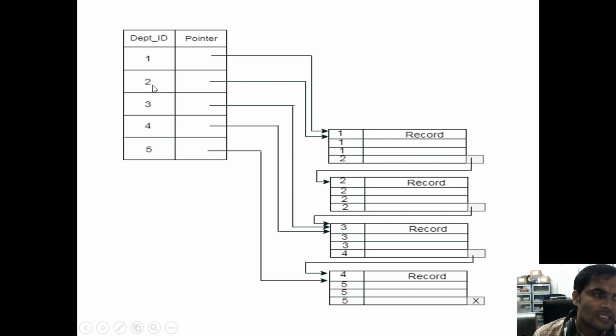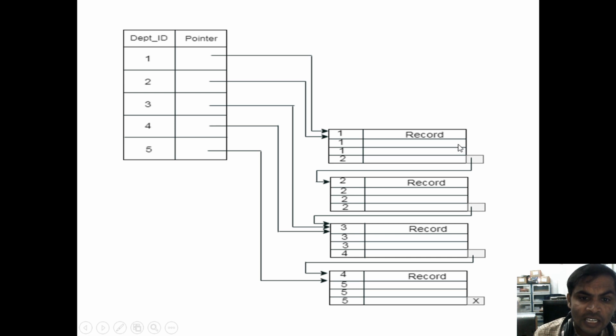Again this department ID points to the first record and then to the second record. Department 2 is searched under the first record also. After searching the first record, it goes to the second record with the help of the pointer reference.